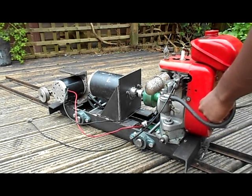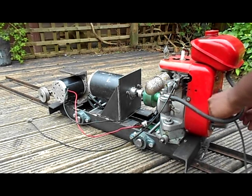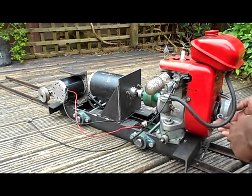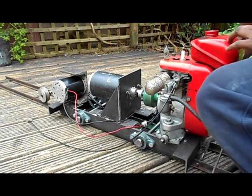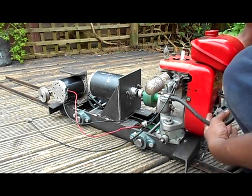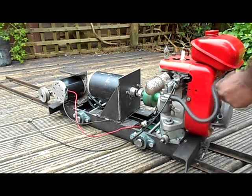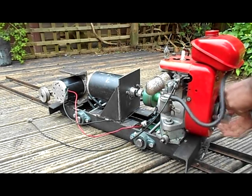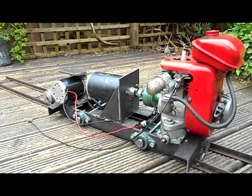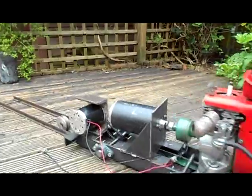My pull start looks like it's going to give way very soon. Actually, that's not so good. It really isn't so good, is it? I'll just wind that back. Okay, so I'll get you close to the